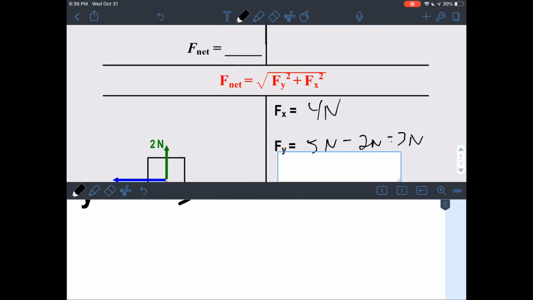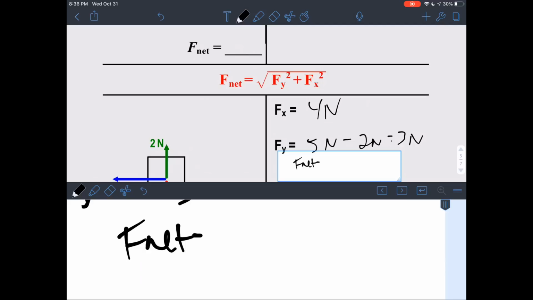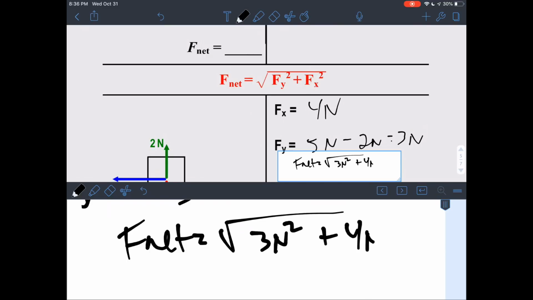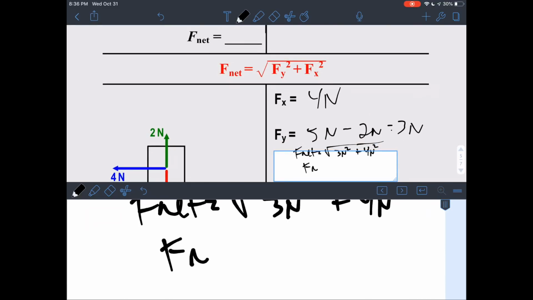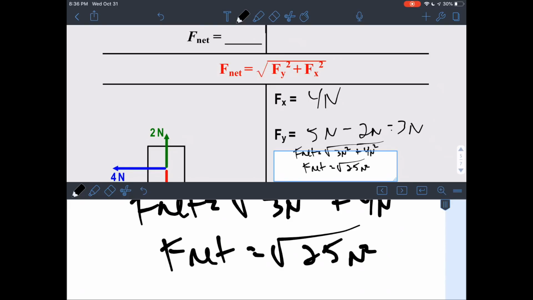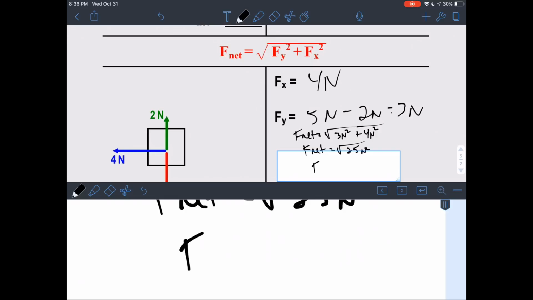F net is equal to the square root of 3 newtons squared plus 4 newtons squared, which is F net is the square root of 25 square newtons,